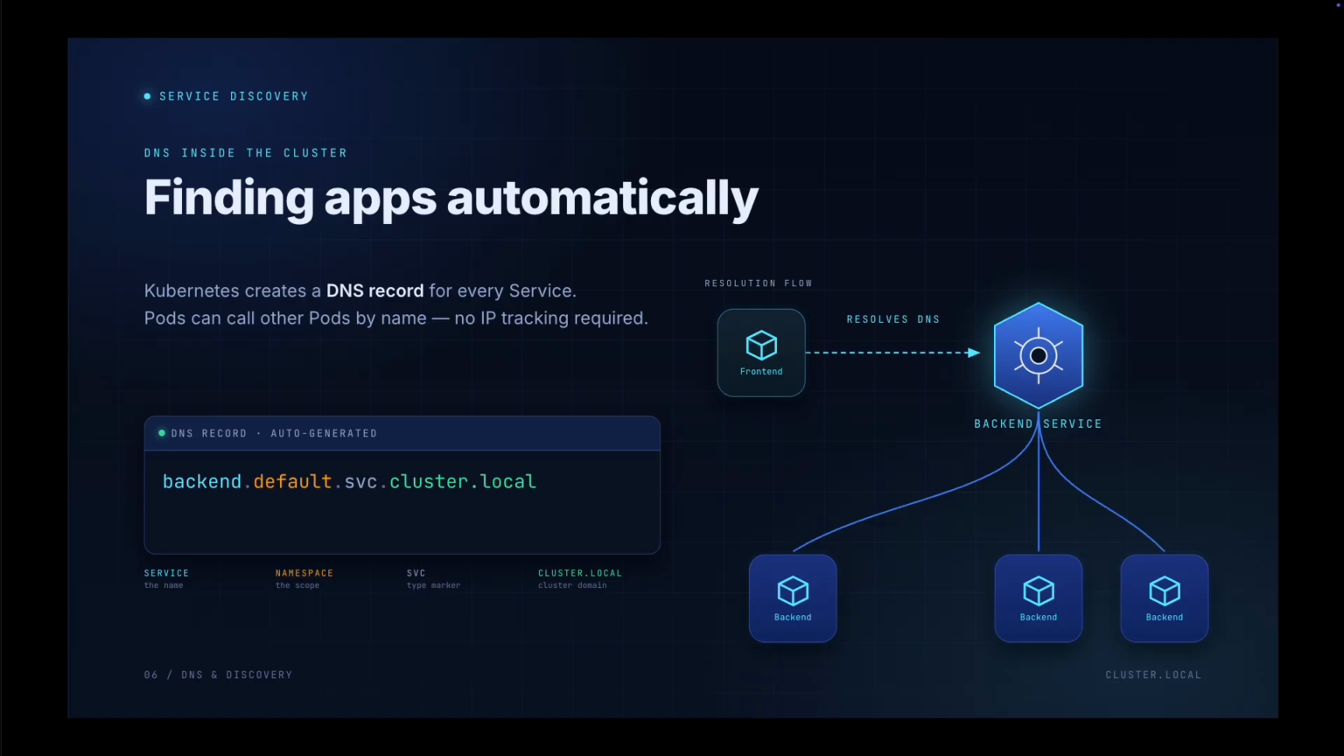In this example, the front-end application wants to reach the back-end service. Rather than calling an IP address, it simply uses the service name. Kubernetes DNS resolves that name to the correct service automatically. The full DNS name follows this format: